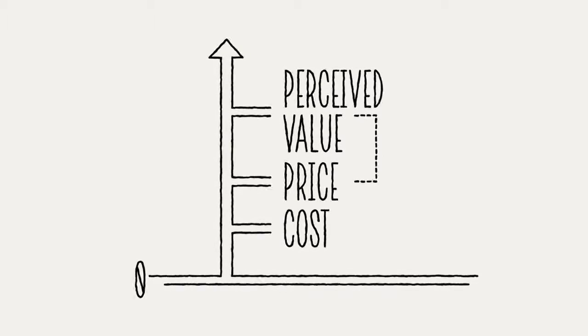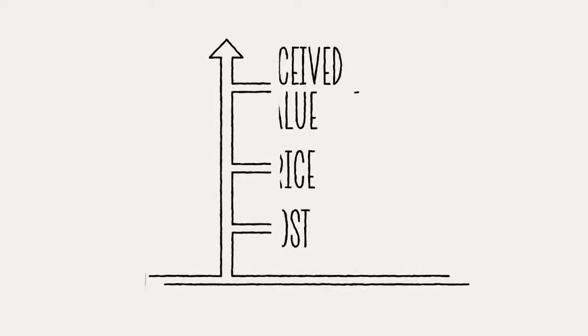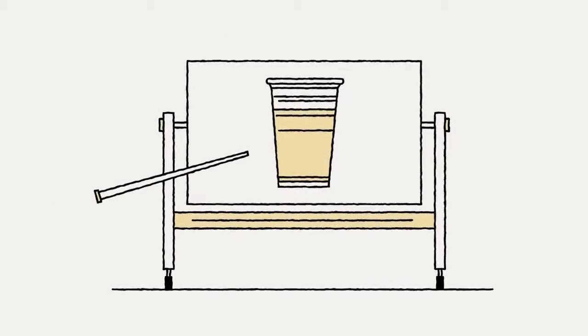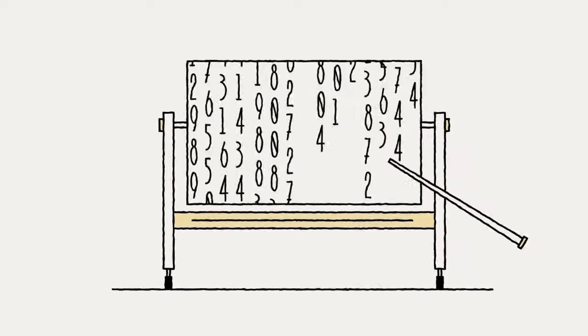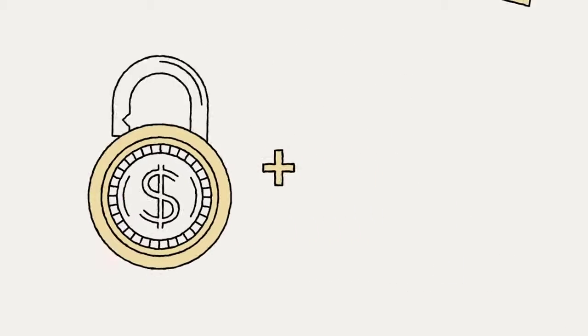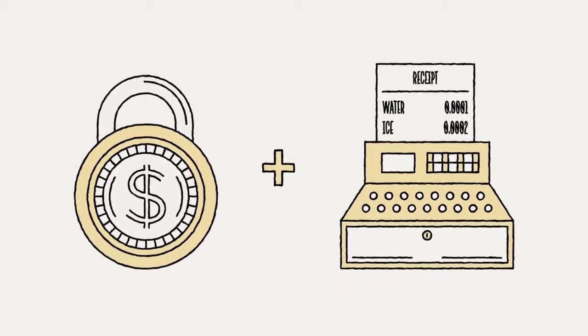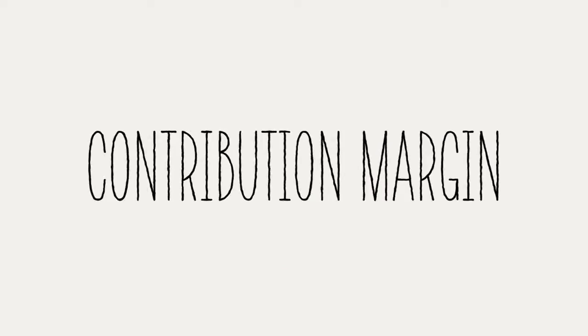Robert Dolan taught us that managing the gap between price and perceived value is marketing's job. In order to effectively manage that gap, you need to understand the numbers behind each unit you sell. Once you know your fixed costs and your variable costs, you can calculate two more important numbers: the contribution margin